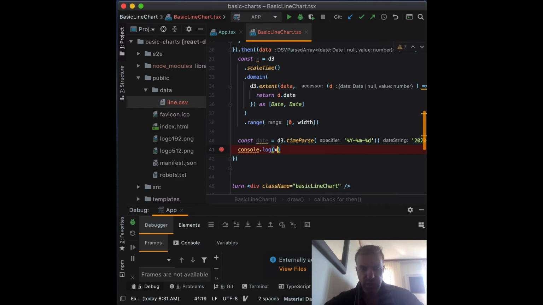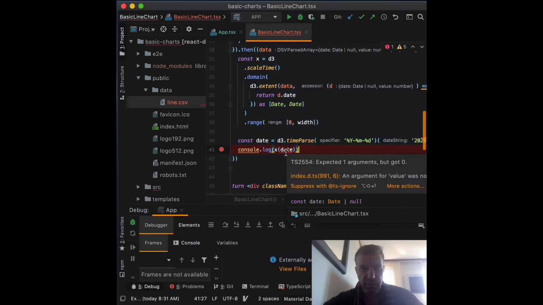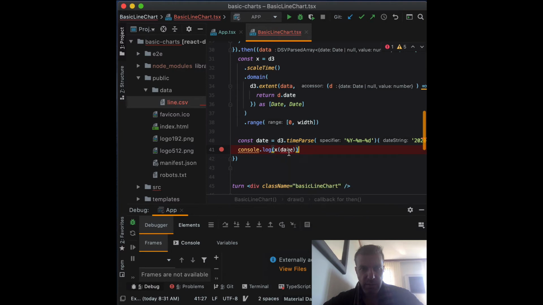So if we do X and we pass in our date, let's see, it's complaining, it needs to be of type date. Here you go. So if we set it that way,